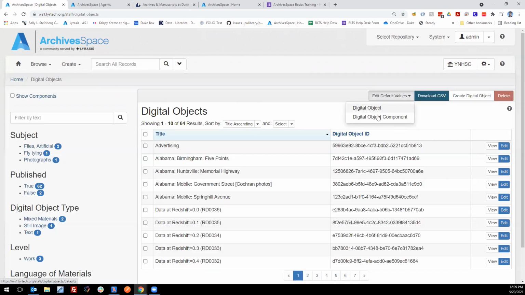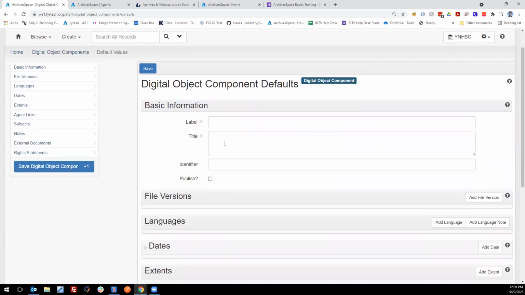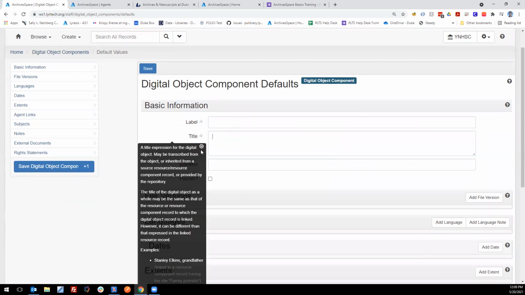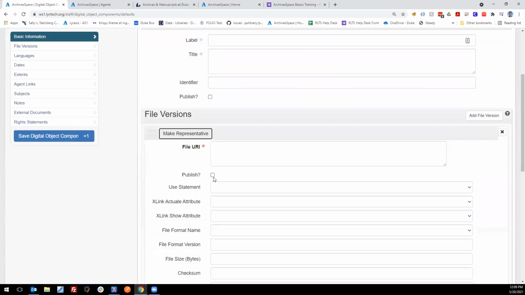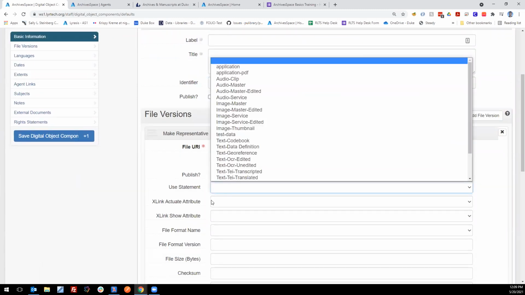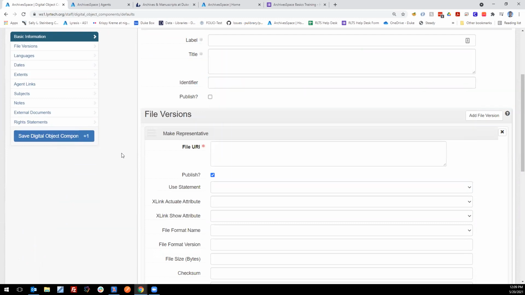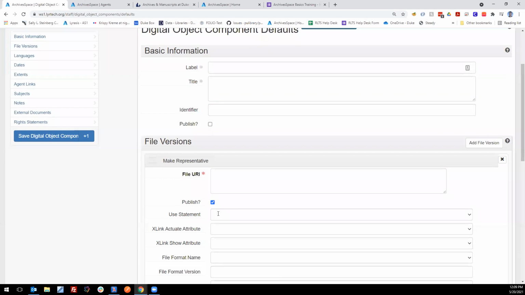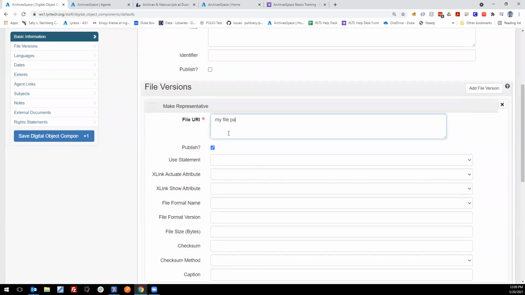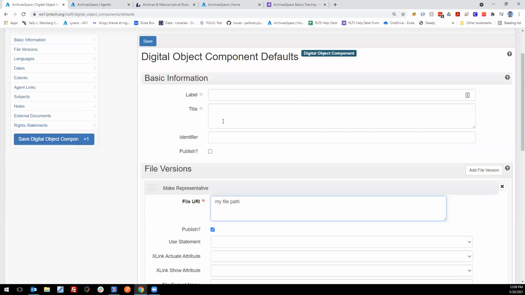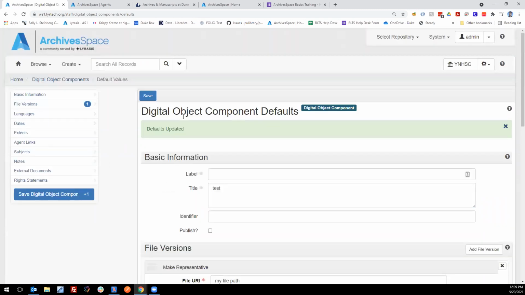For either digital objects or digital object components, you can bring up what looks like a brand new record. But what this actually is, is a template. I guess you could call this constant data. If I filled out certain information in the file version and saved this, what I'm actually doing is saving a template. I'll just put some junk data in here for the sake of showing how this works. So I saved this